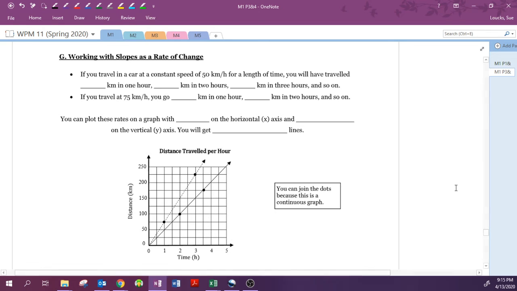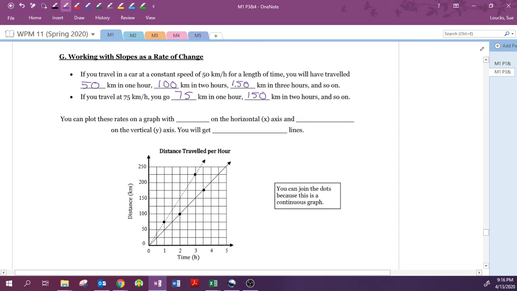All right, this is page 33, working with slopes as a rate of change. If you travel in a car at a constant speed of 50 kilometers an hour for a length of time, you will have traveled 50 kilometers in 1 hour, 100 kilometers in 2 hours, 150 kilometers in 3 hours, and so on. If you travel at 75 kilometers an hour, you go 75 kilometers in 1 hour, 150 kilometers in 2 hours,